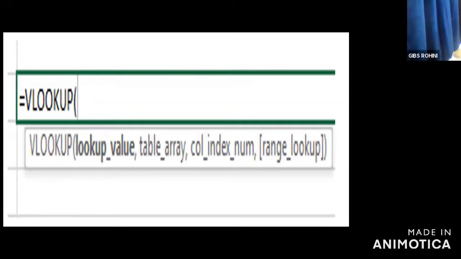Like in one table, I have the name of the employees and their salary, and in another table we have only employee number and their rewards and performance. If I want to make a comparison, for the particular employee whose salary is this, what is his satisfaction level or performance? So I can